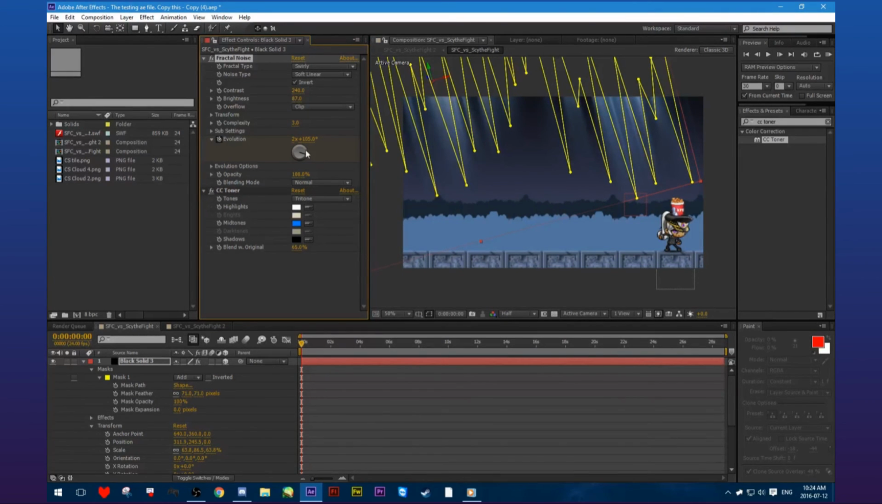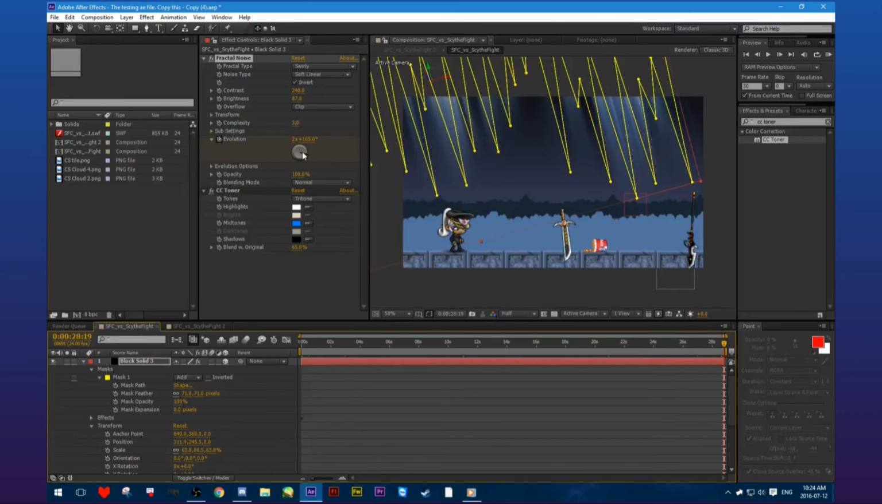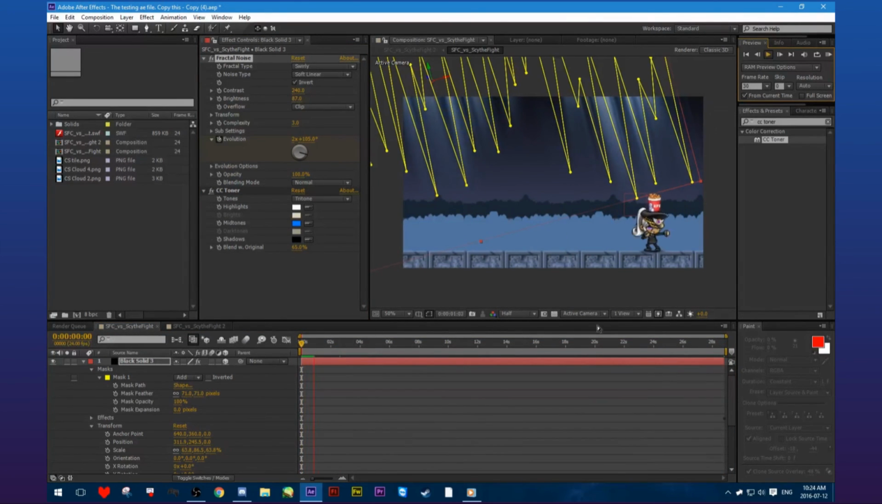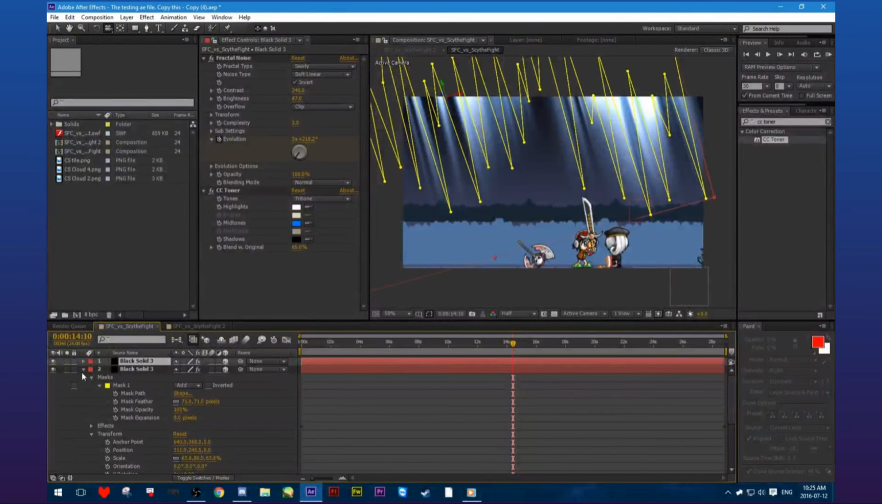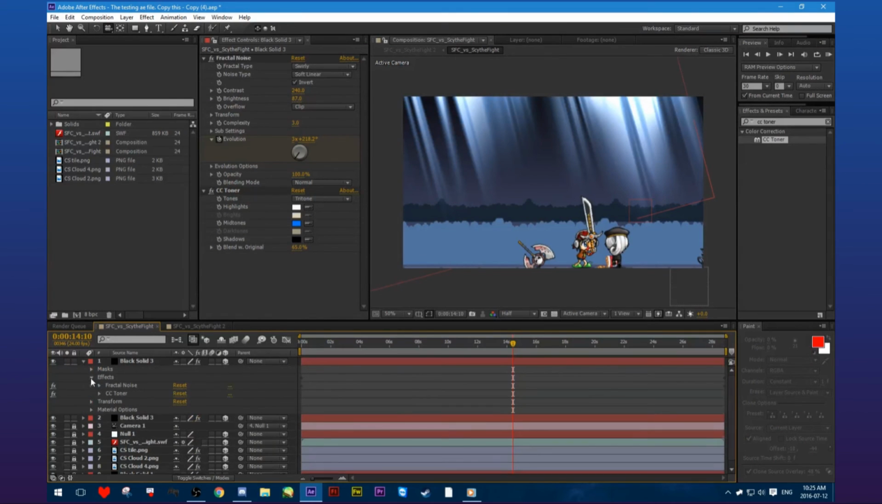You can stopwatch it here and then go to the end of your video and roll this a couple times. Well, maybe not a couple times, but you know what I mean. And I can move the camera. Then if you want, you can copy this and paste it, and then have this go backwards